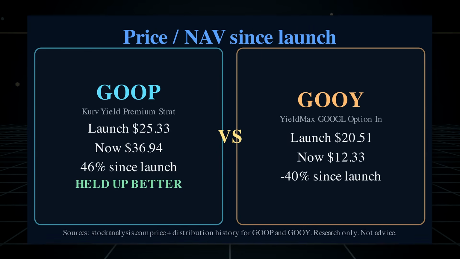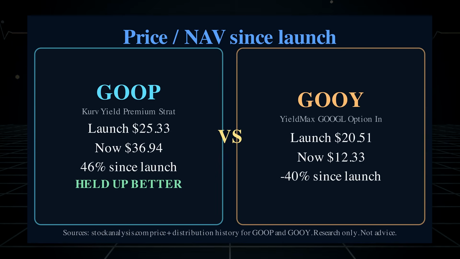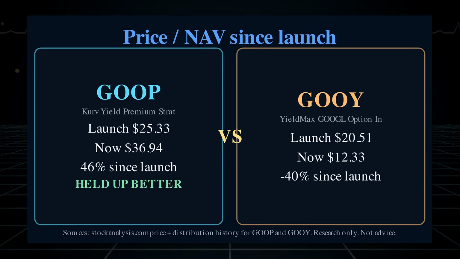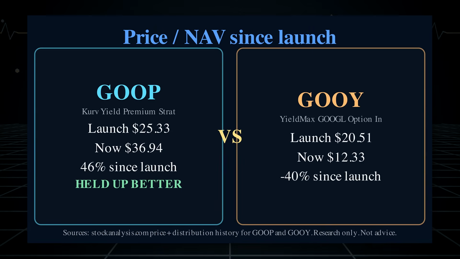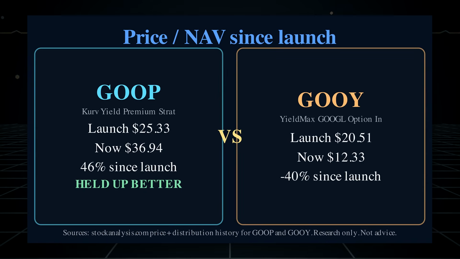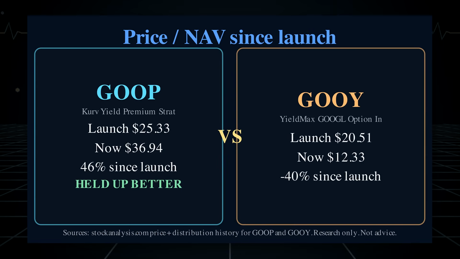The investor may have received frequent cash, but the claim still held in the account became much smaller. This is the classic danger of judging an income fund from one side of the statement. Deposits look busy while the asset producing them is losing weight. Head-to-head, GOOP held up dramatically better. Its NAV rose, GOOY's fell.